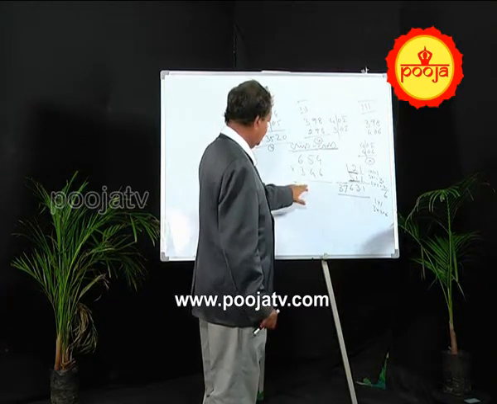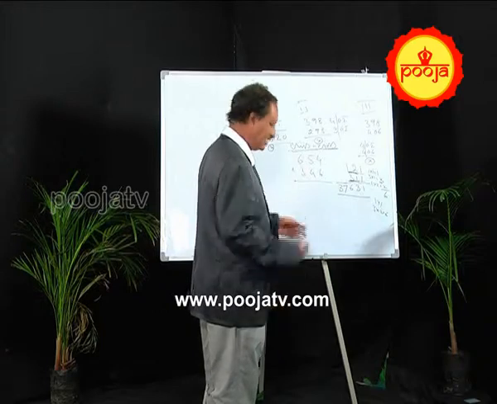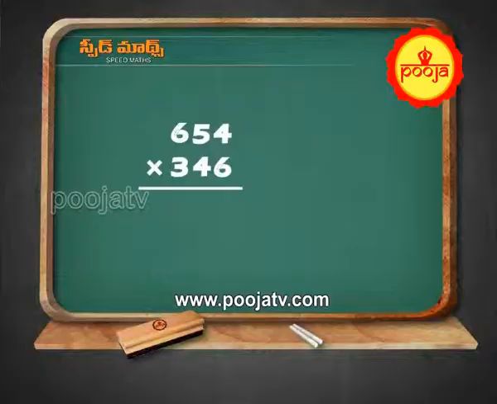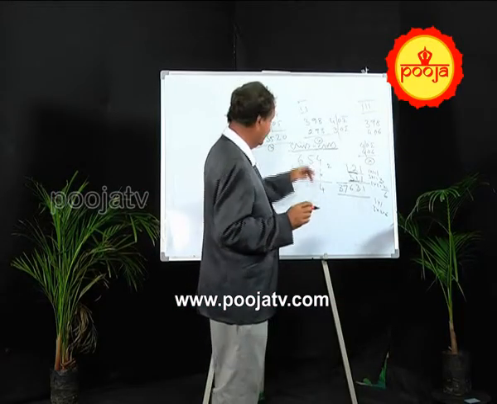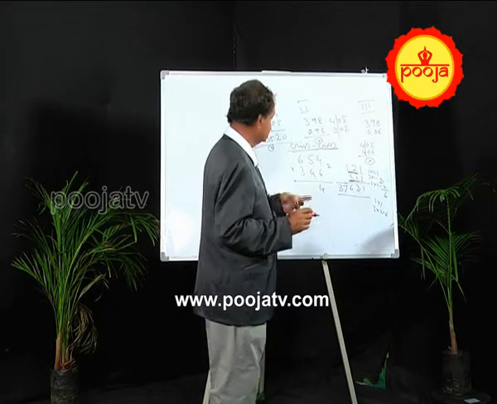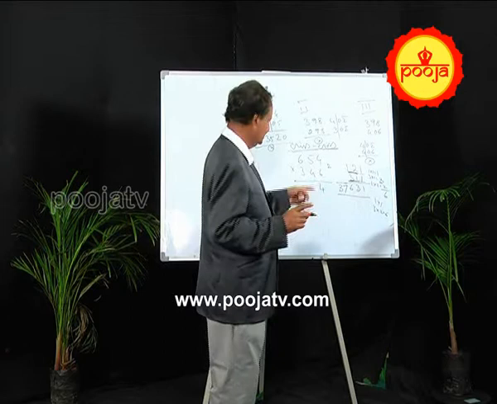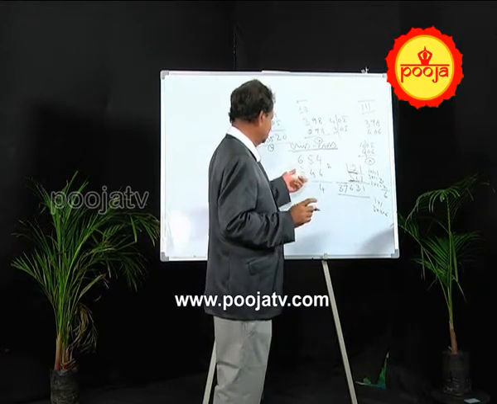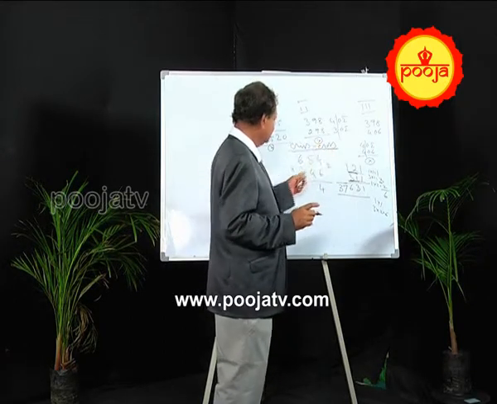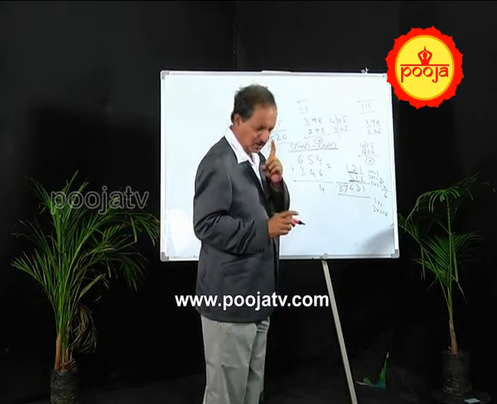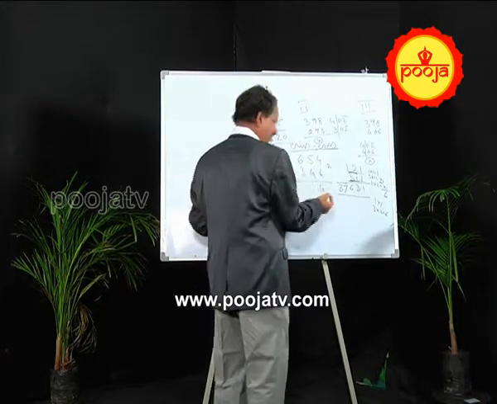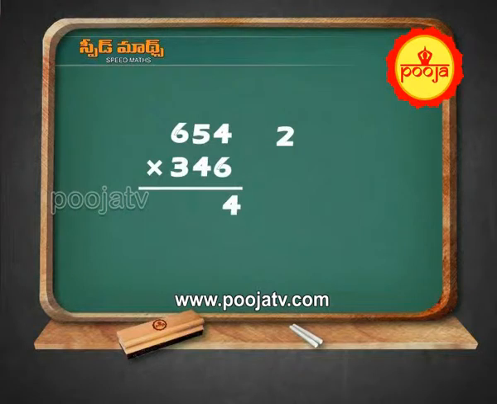Please observe now. How to do here? Same system. First, what to do? 6 fours 24. 4 here, 2 outside. Previously, I told you when you are operating 3 digits, you have to take 2 digits, that is when you give a slash like this. Here it does not come under exact speed mass, you can see the crisscross method. Here you have to take only 1 digit. So, ordinary multiplication: 6 fours 24. 4 here, 2 outside. Okay?